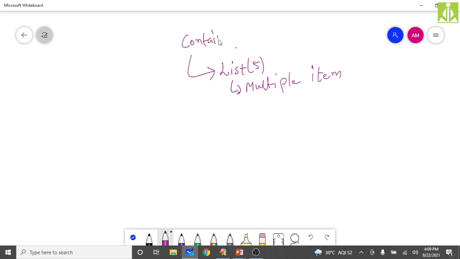Okay, our container is what? Our container is frame. Okay, this list will get added to the frame. This list is nothing but component. Okay, it is a collection component. So inside that collection component, whenever you are adding items, we are calling add method on the list. And whenever we are adding this list to the container, we are calling add method on the frame, like this, on the container.